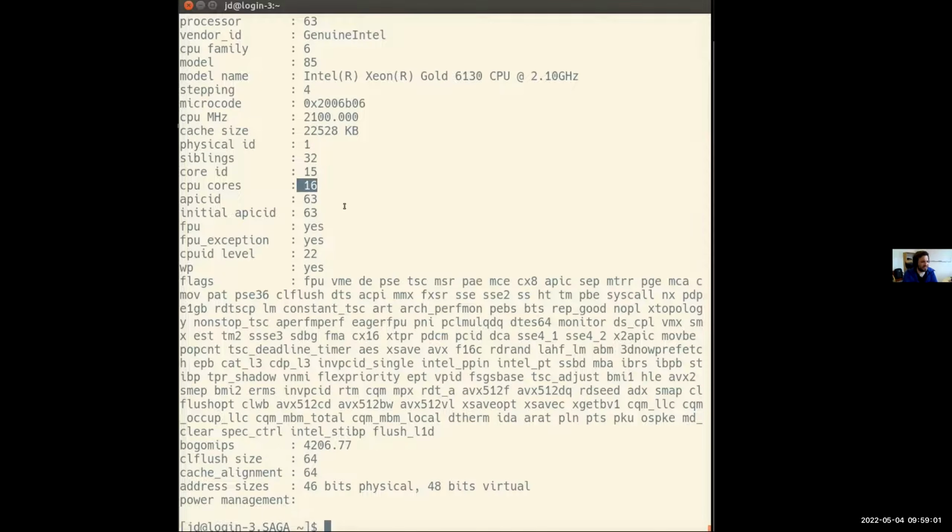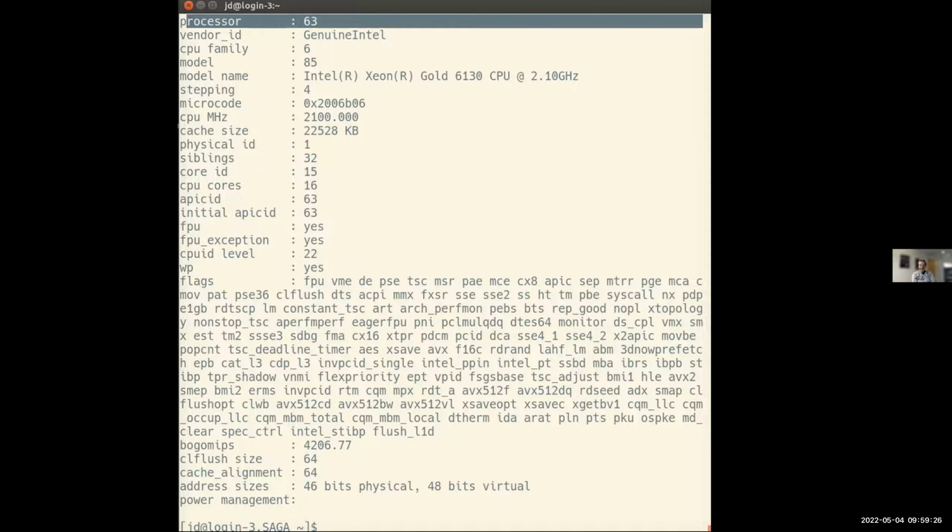Bjørn, do you know how many cores there are? Because now this looks like there are 16 CPU cores. Is there not more? I thought there would be a few more. I'm not sure how many there are, but this could be that there are 16 cores per physical socket, and then there are several sockets. Yeah. Also, I see here processor 63, so plus 1 because it starts with 0. So there's a lot.